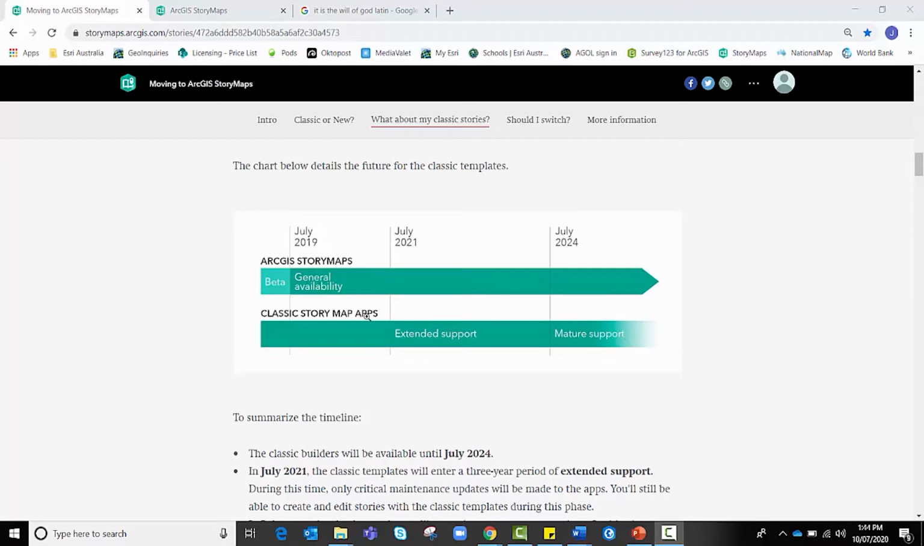And the Classic StoryMaps website is actually entering a phase of extended support before it then enters mature support. So to briefly summarize, this Classic Builder will continue to be available until July 2024, but from 2021, there'll be no updates to that particular website unless it's critical maintenance. And after 2024, you will no longer be able to create new stories. You'll still be able to view the stories you've previously created, but you won't be able to edit or create